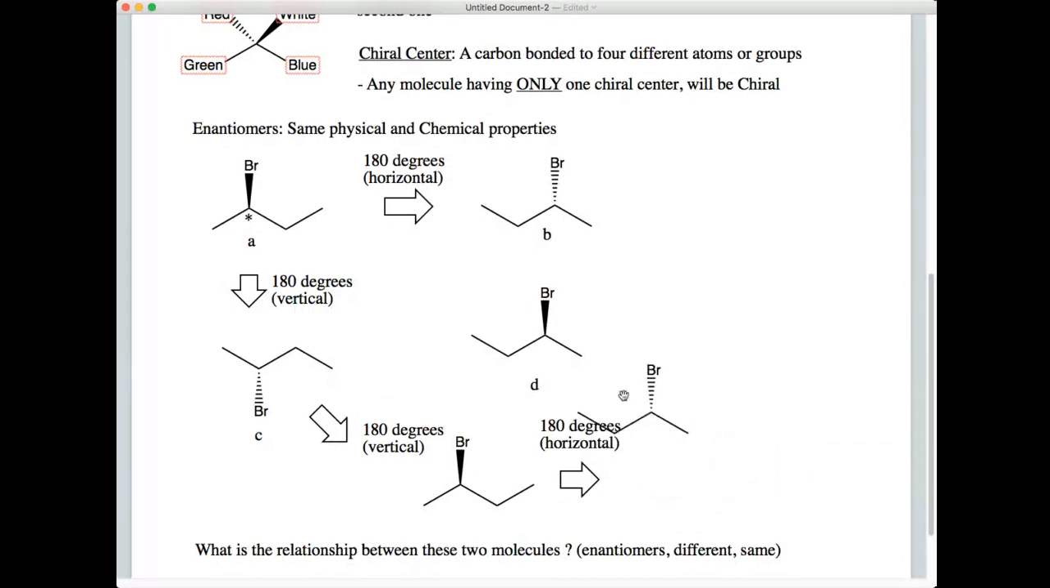And if you do that, you can see how you can superpose these two. The carbon chains are matching, the chiral centers are matching, but in one molecule the bromine is coming toward you, and in the second molecule the bromine is going away from you. So these two are obviously enantiomers, okay? So C and D are enantiomers. Once again,